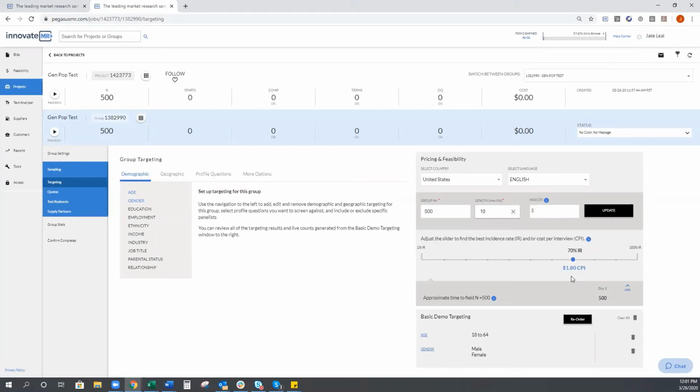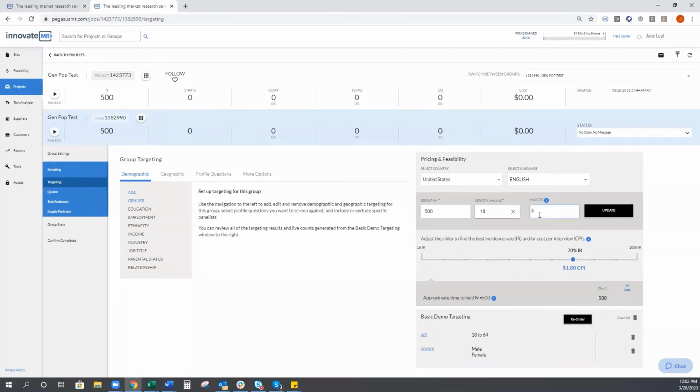And oftentimes we find it's hard, and in talking to our clients, we find it's very hard to be exact when we're creating these estimates in our systems. So as opposed to setting one price point, launching a project, and finding that 70% was wrong, it was actually 65, as opposed to having that moment where it goes out of scope and all of a sudden we're pausing your research and having you reevaluate and approve a new CPI, we wanted to make a more fluid environment for our users. So in order to mitigate and avoid some of that start-stop scenario, we created this max CPI